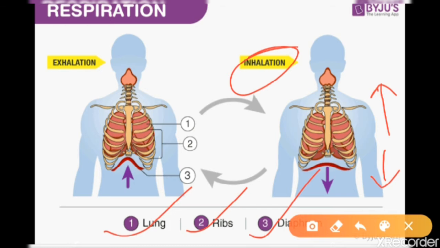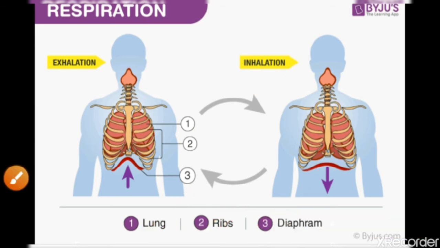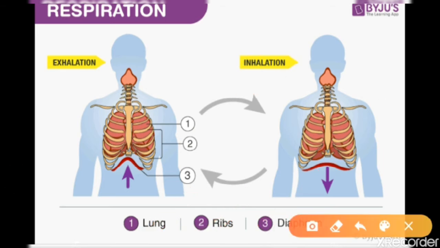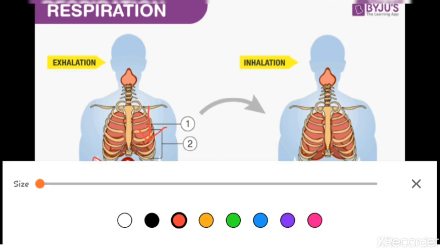So let's see in the exhalation, that means the three things involved are lungs, ribs, and diaphragm. So in the exhalation part, if you exhale, just try it. If I am exhaling right now, just feel that our chest cavity moves downside and the diaphragm rises upside. Now when the chest cavity moves downside and the diaphragm lifts upside, that means over here they are